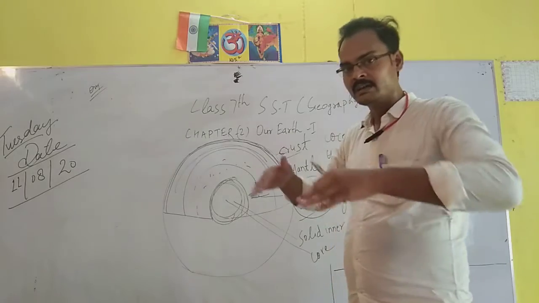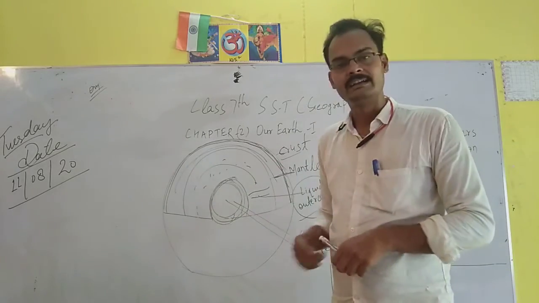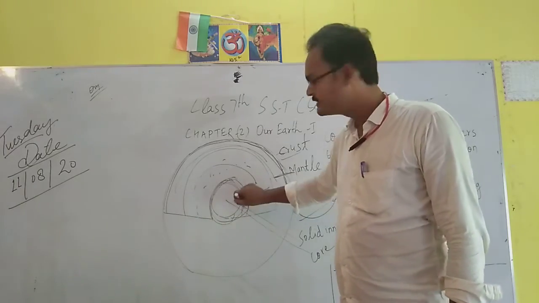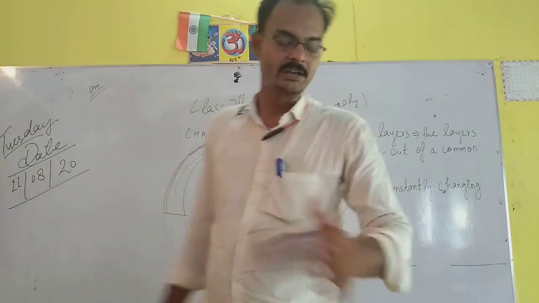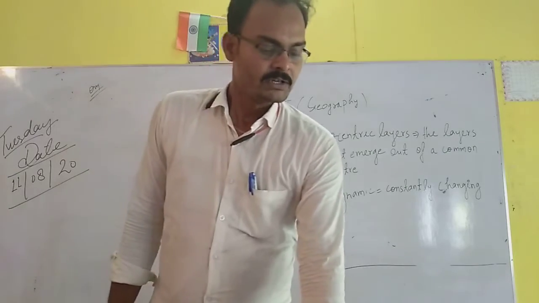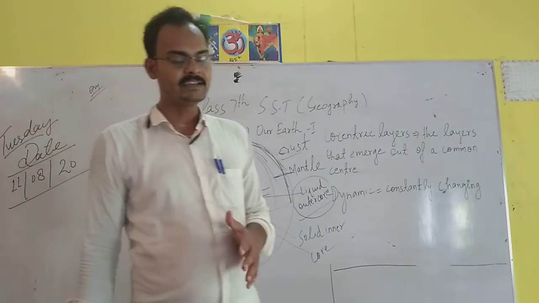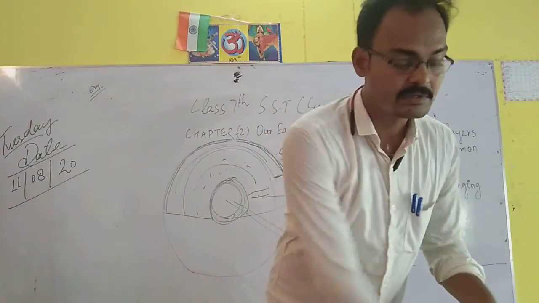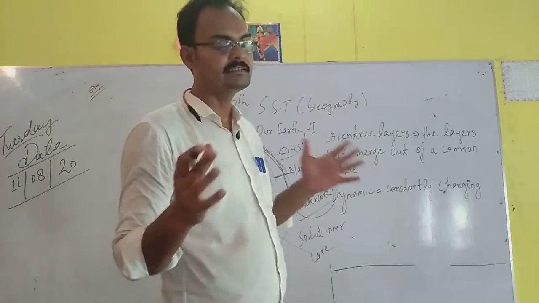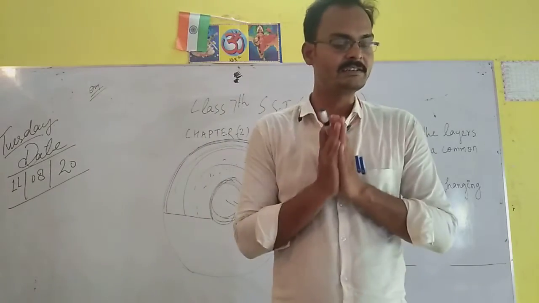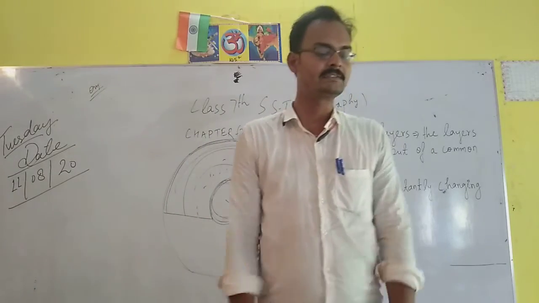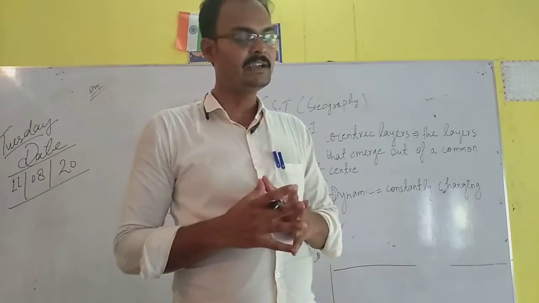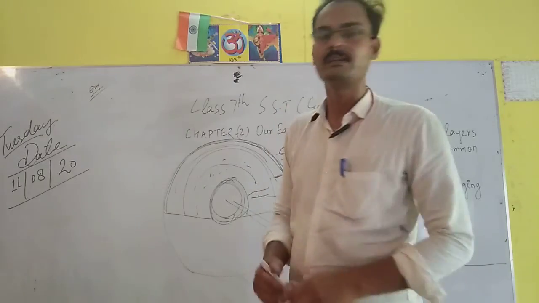So in our Earth, all layers of the interior are concentric. All layers are connected to the center, the solid inner core. They are arranged one inside the other, and crust, mantle and core are the 3 layers. What is the crust? The crust is the upper and outermost layer of the Earth. It is relatively thinner than the other 2 layers. The outermost layer is also called the lithosphere, which is divided into oceanic crust and continental crust.